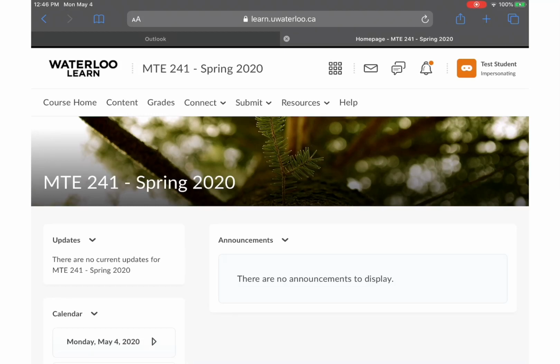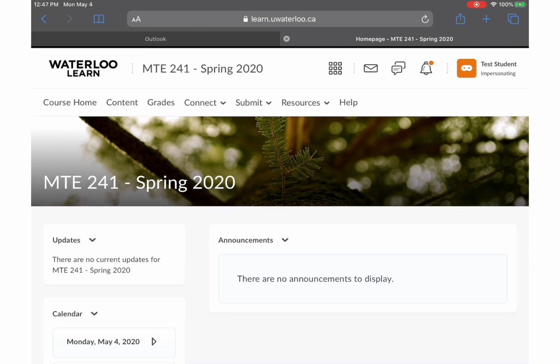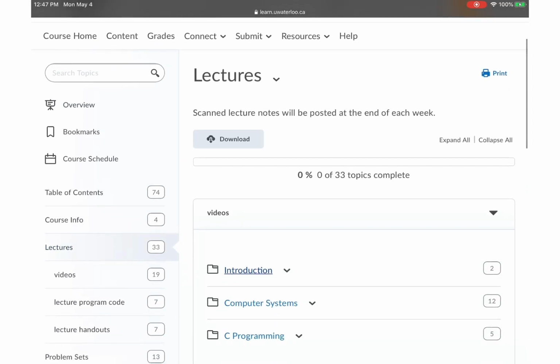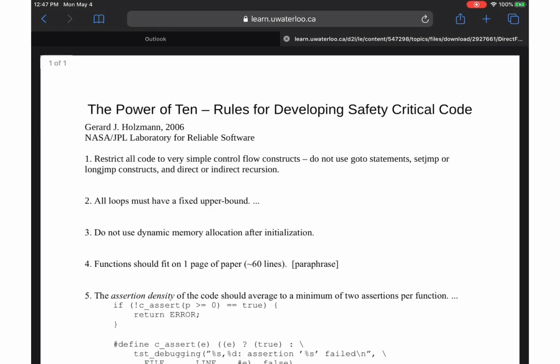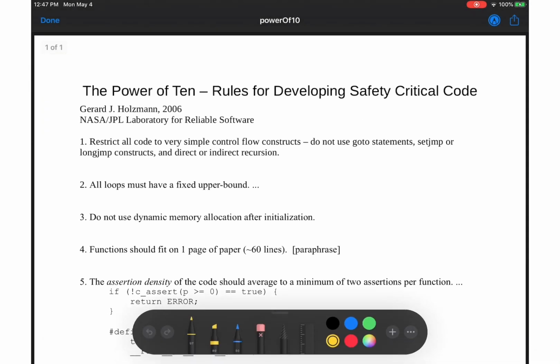So this is going to be for page 16 of the C programming notes, but we need a handout from Learn. So I'm in the MTE 241 Spring 2020 offering. I'm going to go to Content, and I'm going to go to Lectures, and then to Lecture Handouts. So I'm going to download this so that I can mark it up. Alright, so this is going to be page 16 of the C programming notes, and